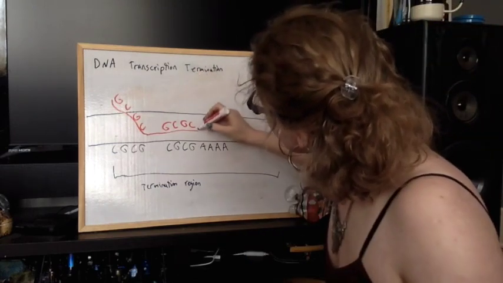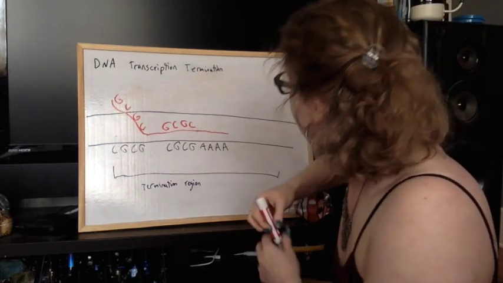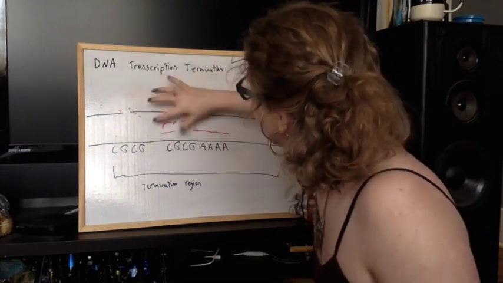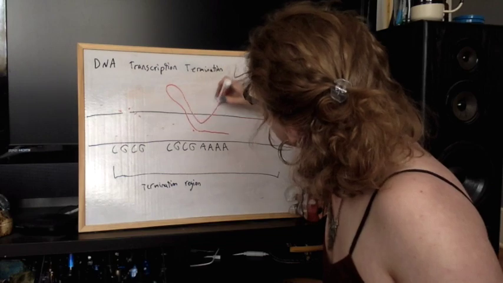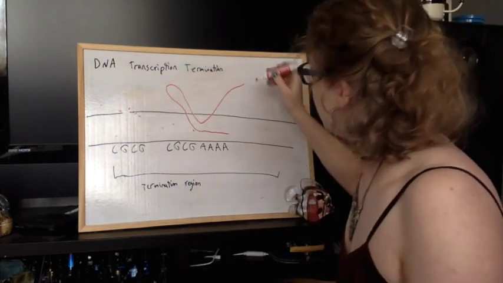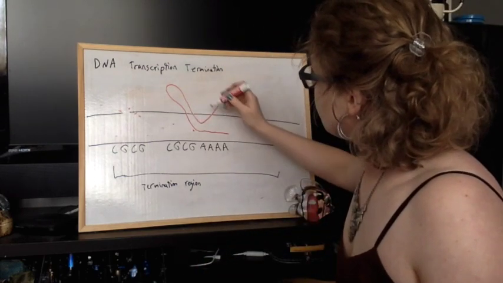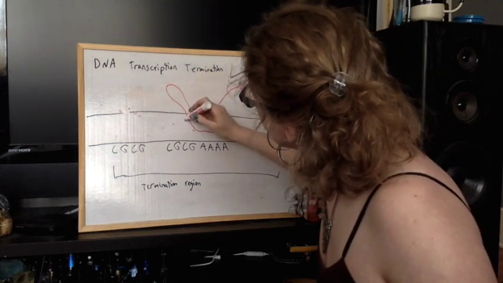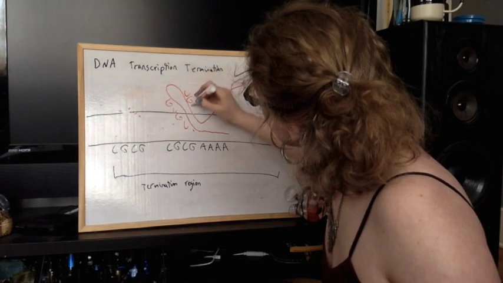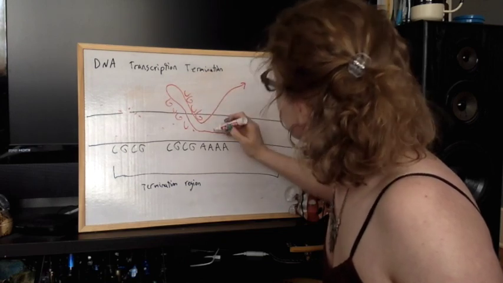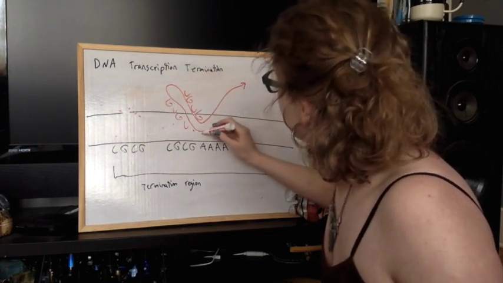So as RNA polymerase continues up to this A section, here's our loop. That's the rest of the mRNA. So this is CGCG, this is CGCG, and this is going to be